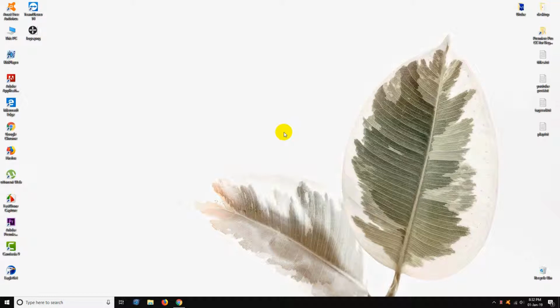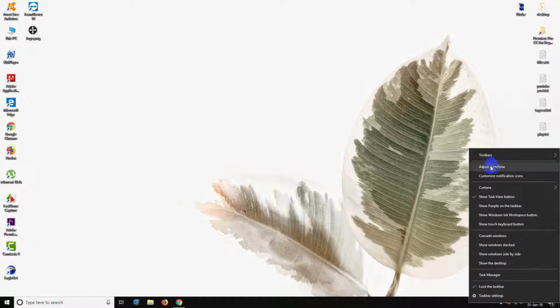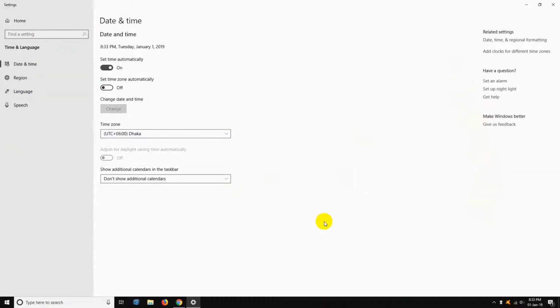First, we need to open our Windows 10 time and date settings. For opening the time and date settings, we just need to go to the taskbar and go to the time. Here it is, and click the right button on it. And here it is, the adjust date and time. We just need to click on that, and here you can see our Windows 10 date and time settings, and